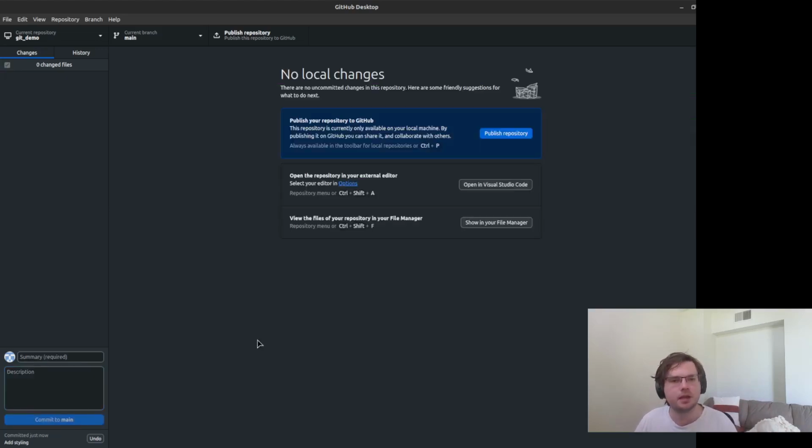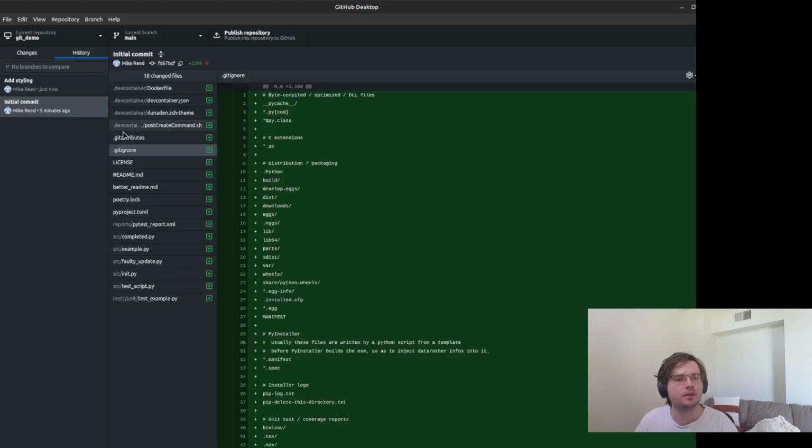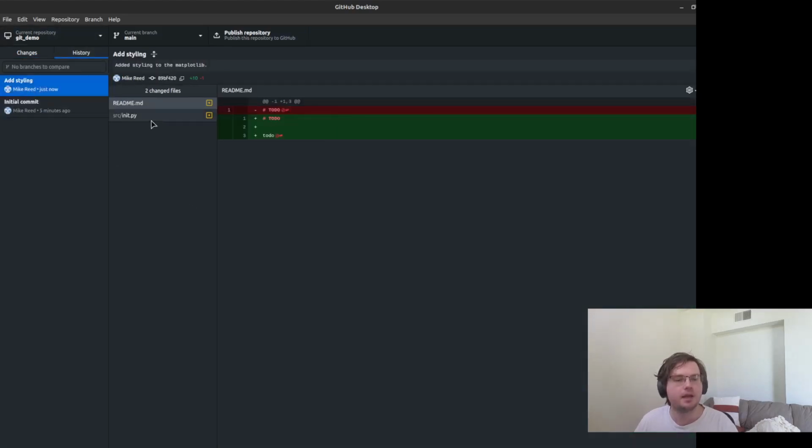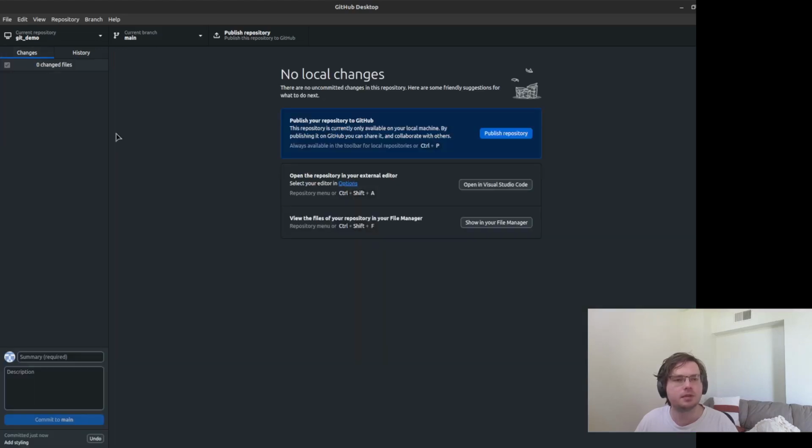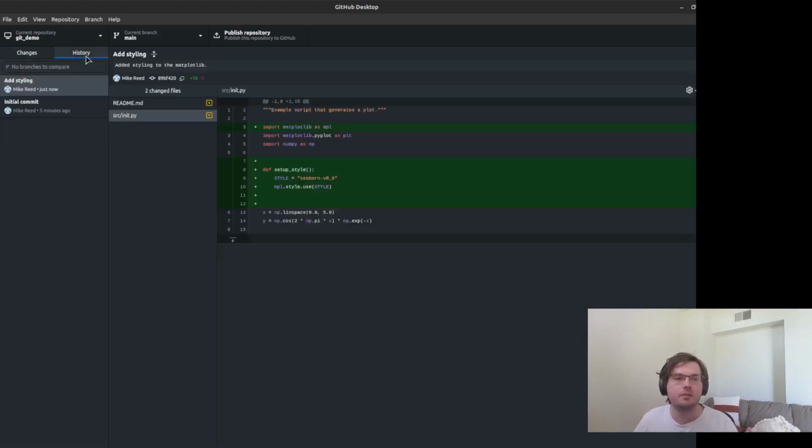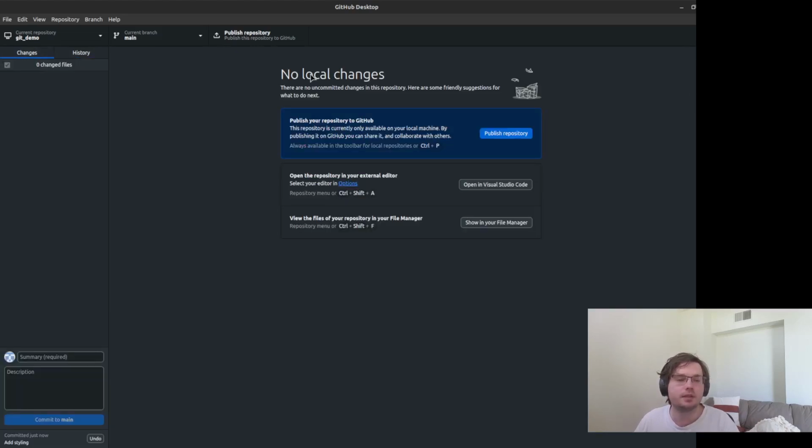So I'm going to commit that, and now you can see that it goes back to this same view that we had before, where it says no local changes, because of the previous state. And you can now see in history, there's a new one, which is "add styling", and it just has a list of those same changes that we were seeing in this section before. But now we haven't had any changes since we made that commit, and so that is just going to have no local changes listed here.